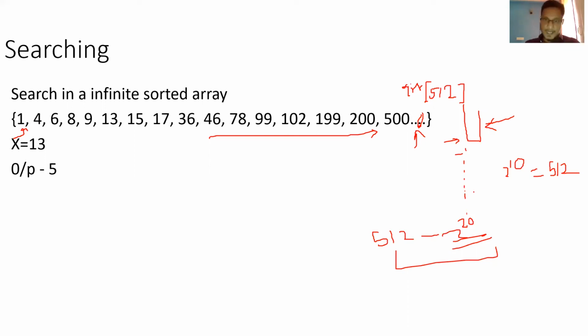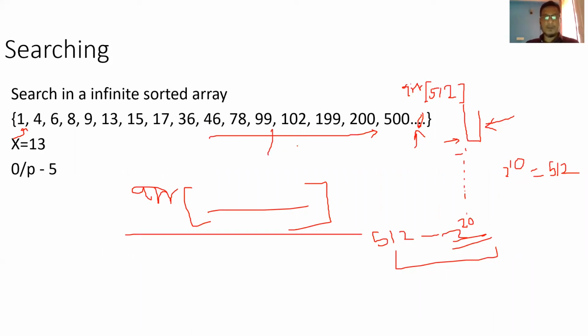Exactly. So I think someone asked whether it is big O of n. No, it is not big O of n. It is big O of log n, because the first iteration, whatever you are checking, that first element, is a constant operation, because you are directly accessing an array value. Once you got that value, there will be some if condition and you are jumping. So it is just a constant operation. Constant operations we don't add into the time complexity calculation, so that still remains constant.